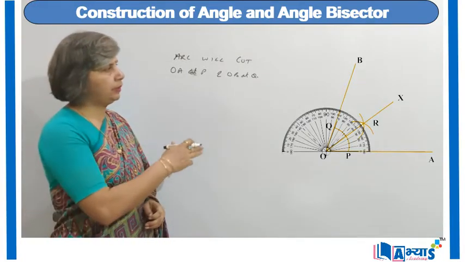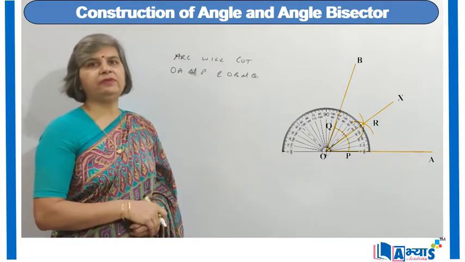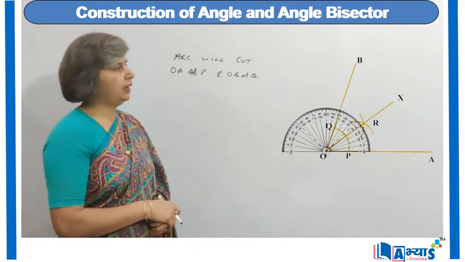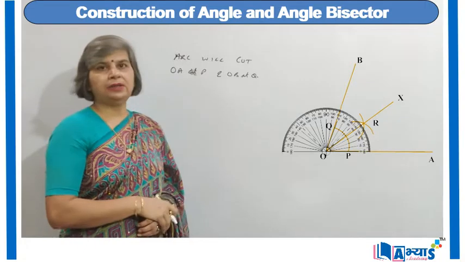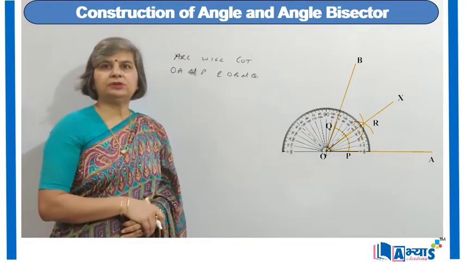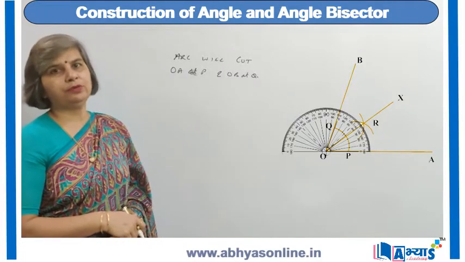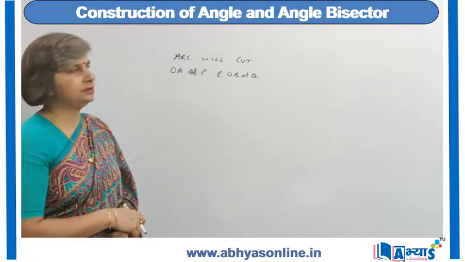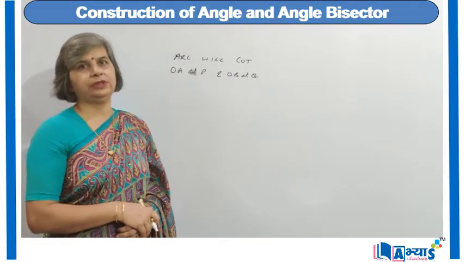With the help of the protractor, we can measure the angle to verify whether we have drawn the angle right or wrong. So as you can see in the figure, the protractor is showing the angle as 36 degrees. So this is how we can apply the concept of angle bisector to draw an angle of 36 degrees from an angle of 72 degrees.